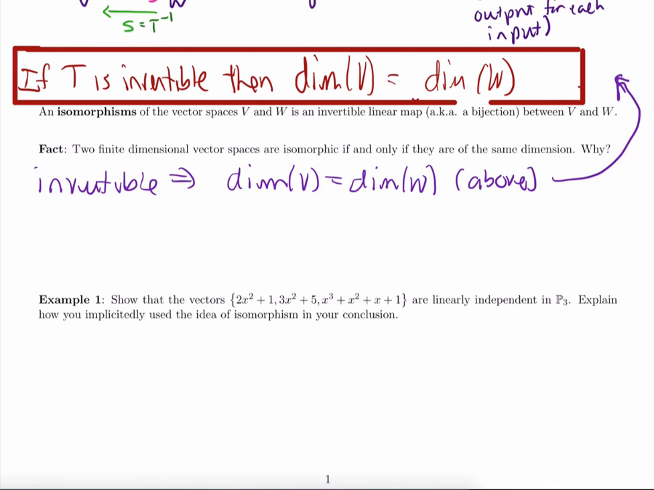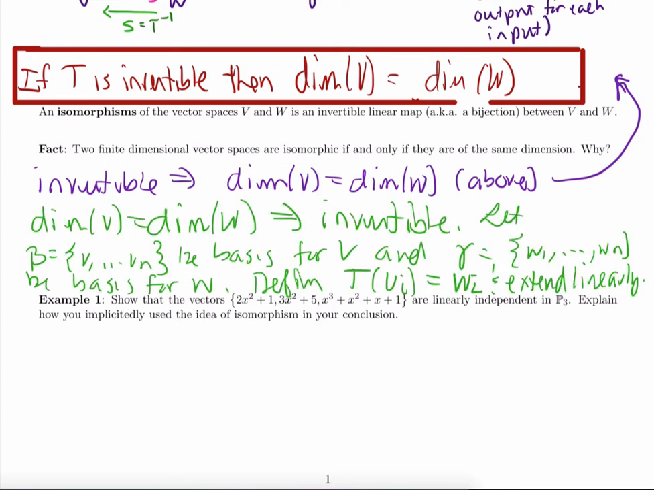Well, we know that if they're isomorphic, then there's an invertible transformation from V to W, but we just saw that if we were invertible, then that meant the dimension of V had to be equal to the dimension of W from that above statement. So that direction's already done for us. And then the other direction, if the dimension of V equals the dimension of W, we just need to create this invertible linear transformation,